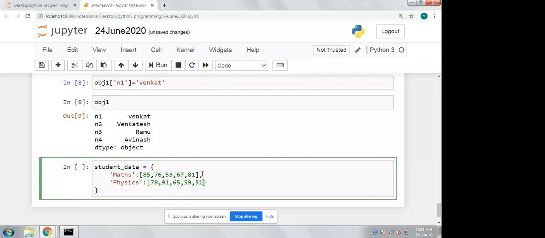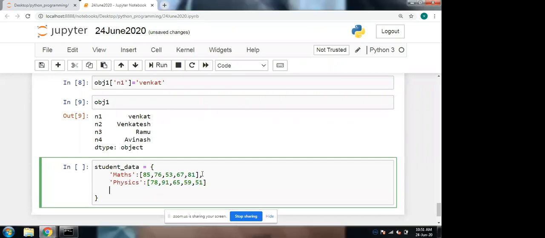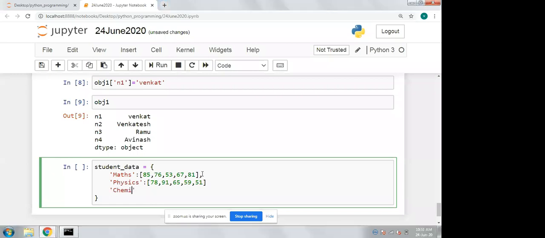In the same way, I take another subject, chemistry. So I'm going to create 3 columns: maths, physics, and chemistry are the 3 columns in the data frame.